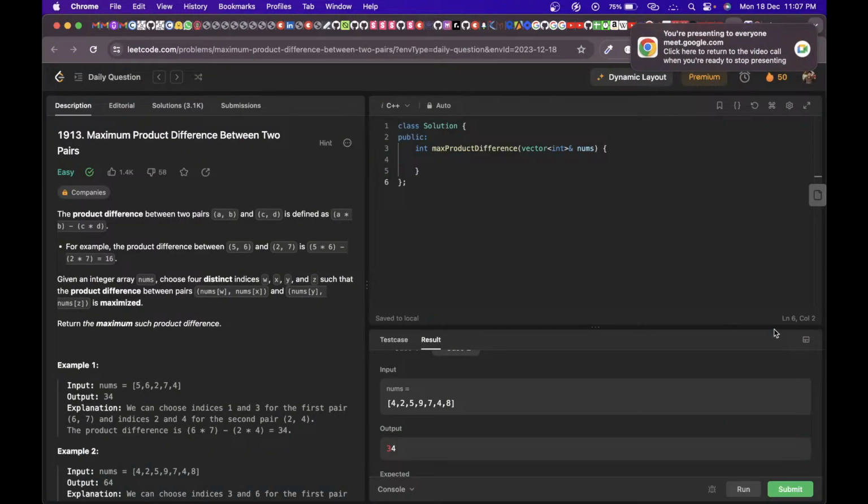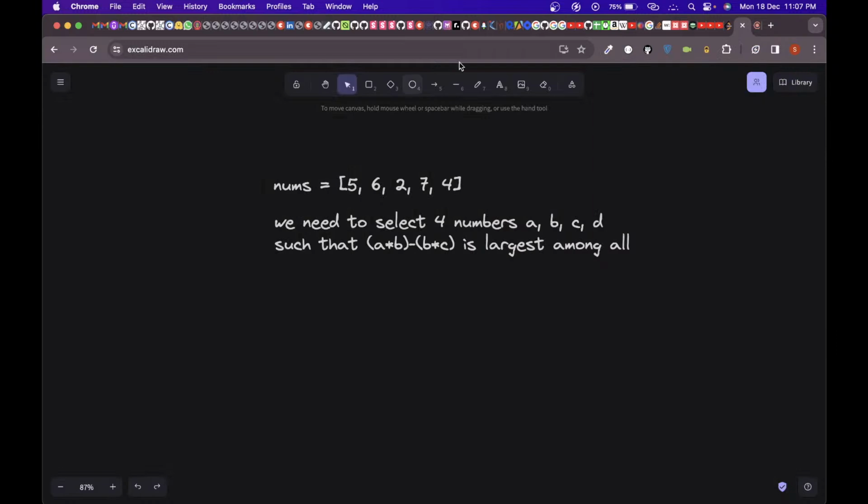Okay, so today's LeetCode POTD is Maximum Product Difference Between Two Pairs. What we need to do is, we have been given an array nums. We need to select four numbers from it, A, B, C, D, such that A into B minus